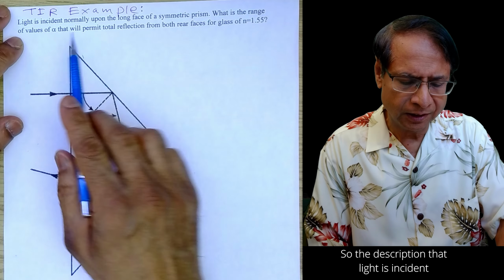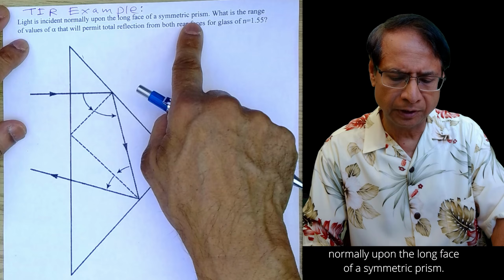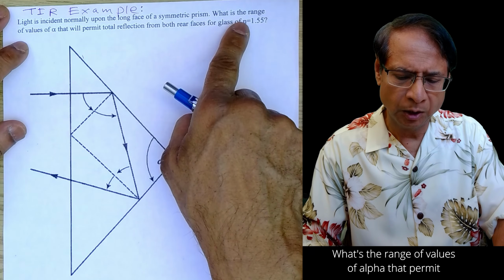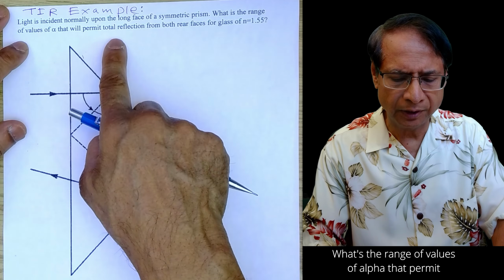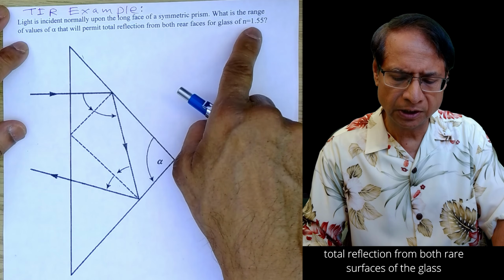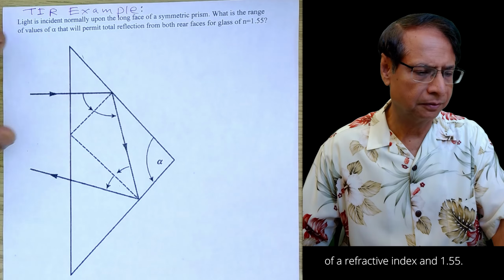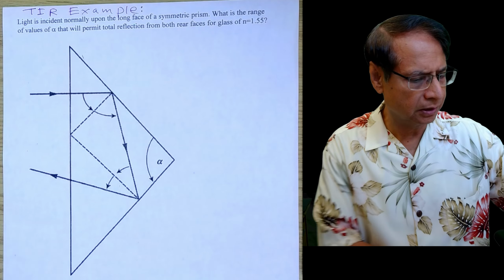So the description is that light is incident normally upon the long face of a symmetric prism. What's the range of values of alpha that will permit total reflection from both rear surfaces of the glass of refractive index n = 1.55? So what's happening is